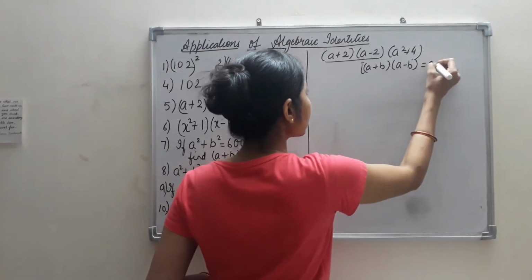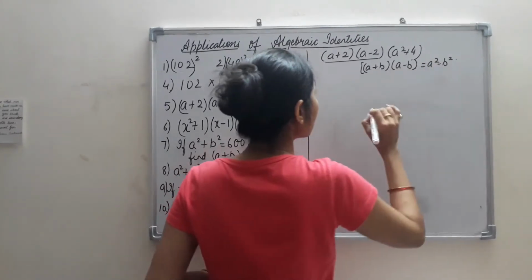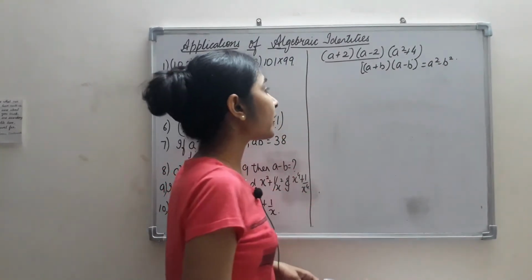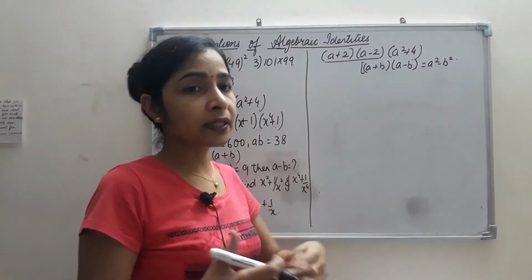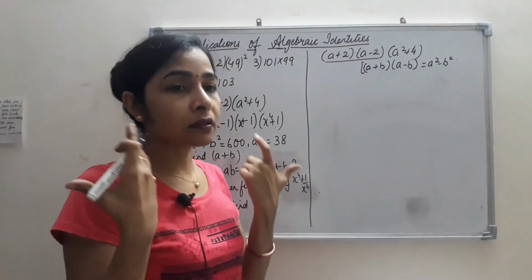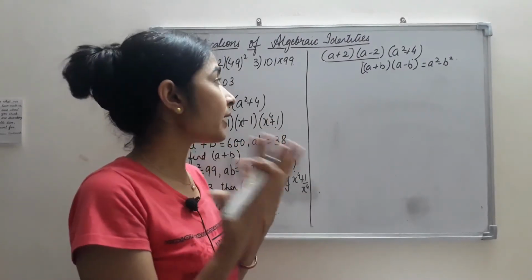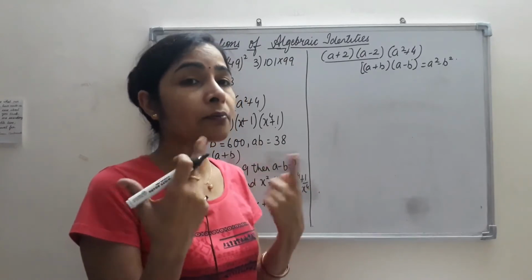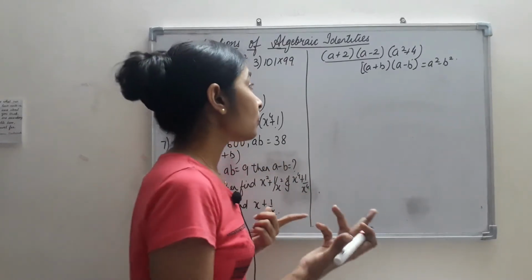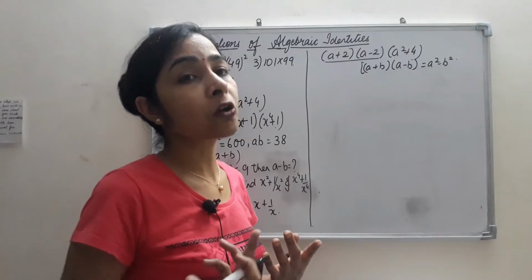Writing the identity, we get a square minus b square. Okay, so now everywhere we will not write that what is the value of a and what is the value of b. It was just to explain you that like this we can think in our mind, because the maths most probably depends upon your mental ability, that in your mind how much calculations you can do. That helps very much in the competitive exams.